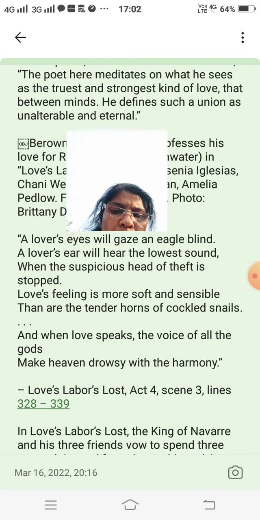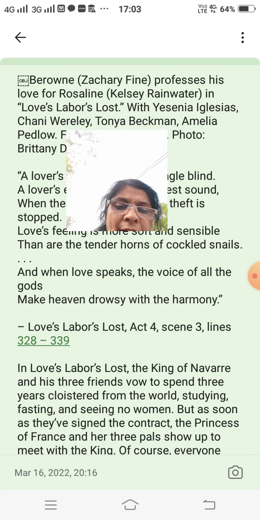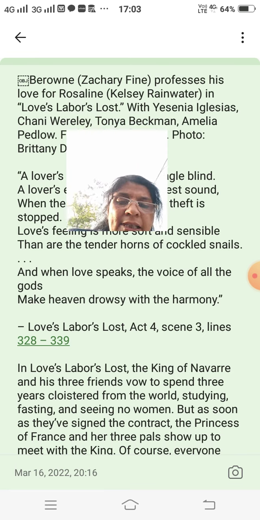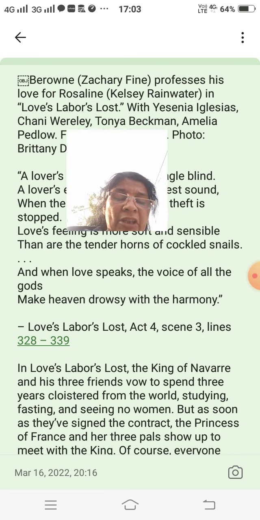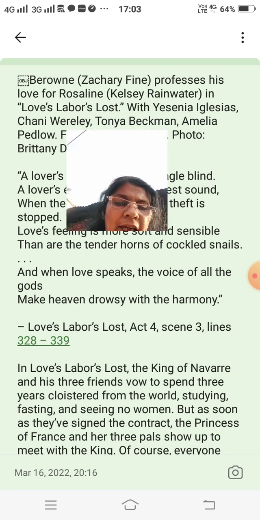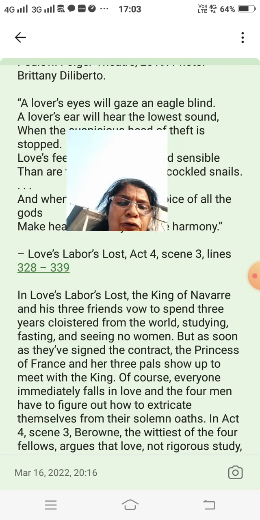In Love's Labour's Lost, the King of Navarre and his three friends vow to spend three years cloistered from the world, studying, fasting, and seeing no woman. But as soon as they have signed the contract, the Princess of France and her three pals show up to meet with the king. Of course, everyone immediately falls in love, and the four men